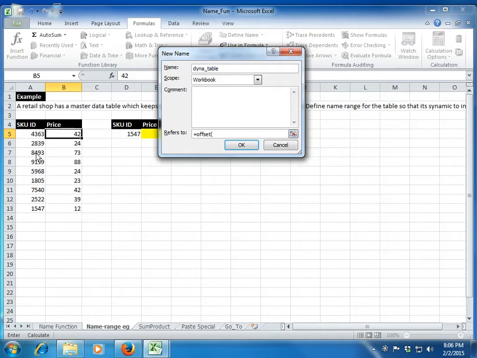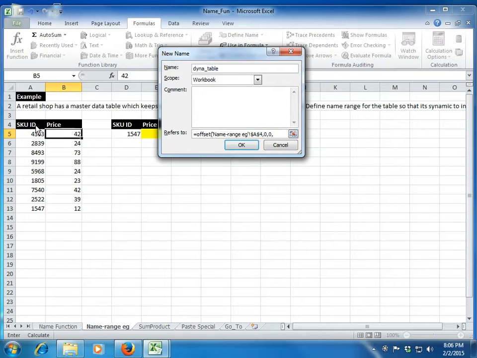So what is the first argument in the offset? It says a reference cell. So let me give this as a reference cell because that's my starting point. It says number of rows to offset. I don't want any rows to be offset, neither any column to be offset, so I am giving both 0. Then the fourth argument in our offset formula, if you remember, is the height. This is the most important part in this formula. It says what should be the height, or basically how many rows you want to select.